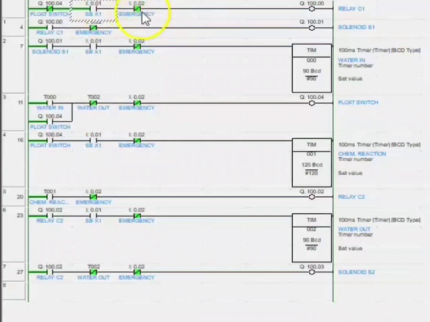So, I will be presenting the simulation of our ladder diagram. First of all, according to the project question, we need to switch on this start button X1 in order to energize this relay C1. After that, relay C1 contact will energize solenoid S1, and solenoid S1 contact will energize the first timer, which will